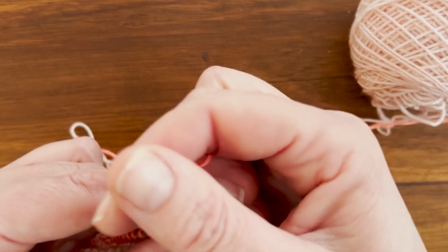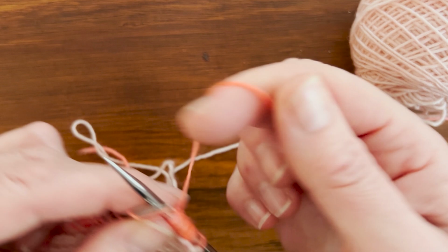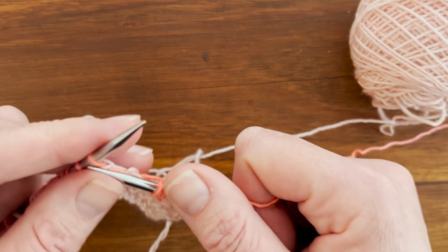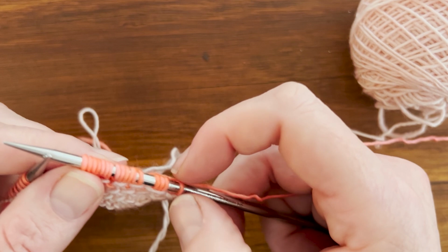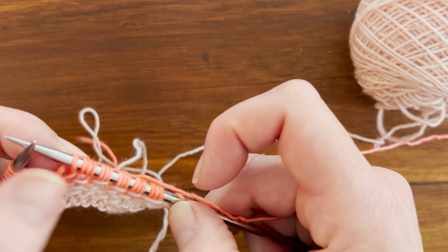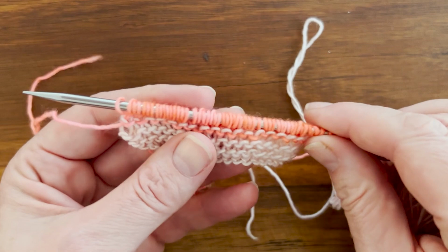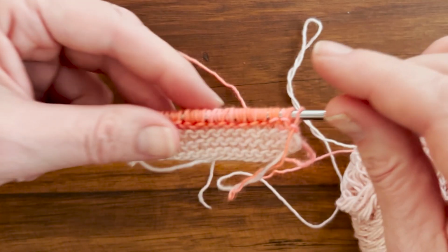1, 2, 3, stitch number 3. Stitch number 4, stitch number 5, and then I knit the next stitch. That's been worked over 5 stitches plus 1, and I knit that first stitch. So I'll repeat that process again and that's the end of row 2. Turn the work to work row 3,